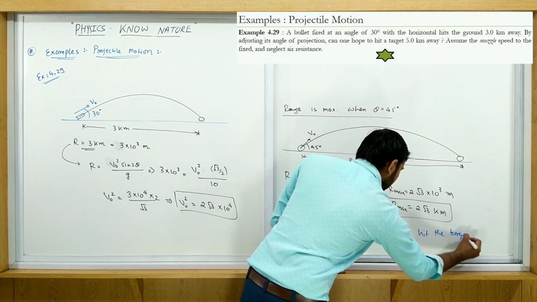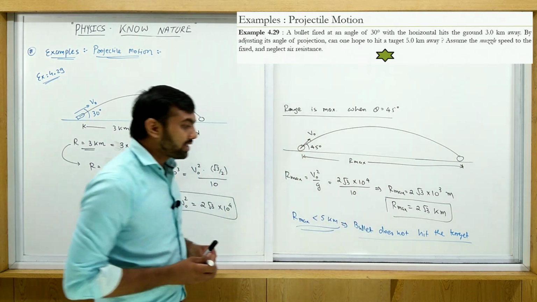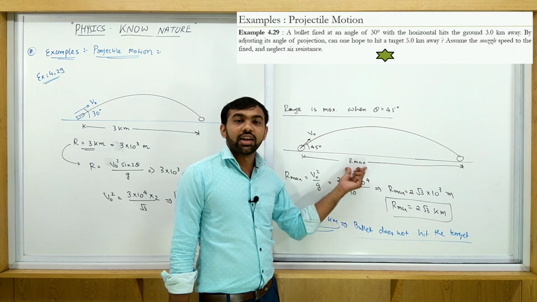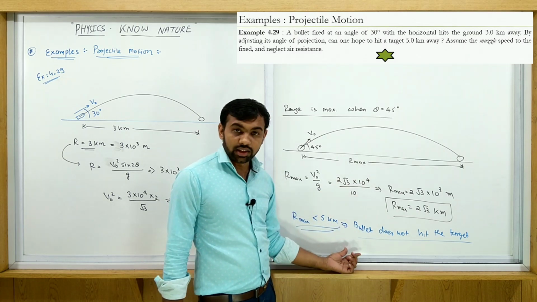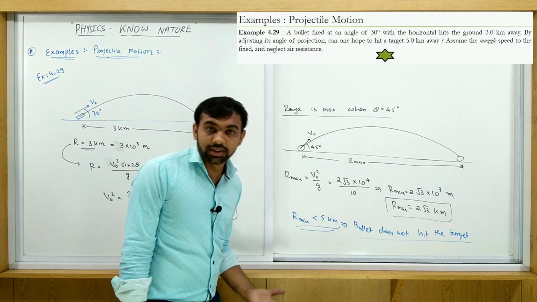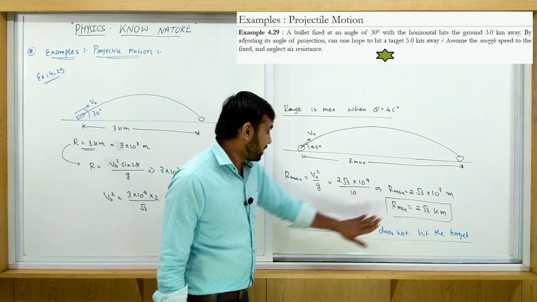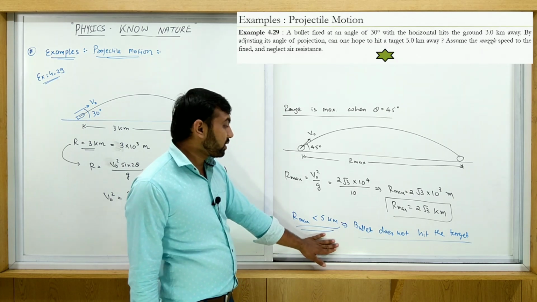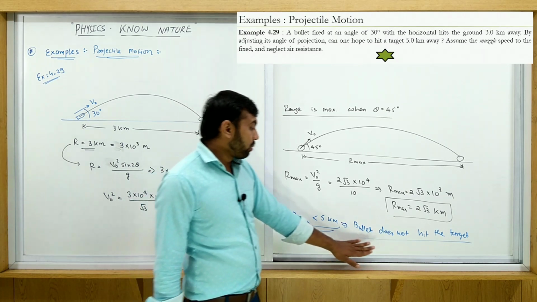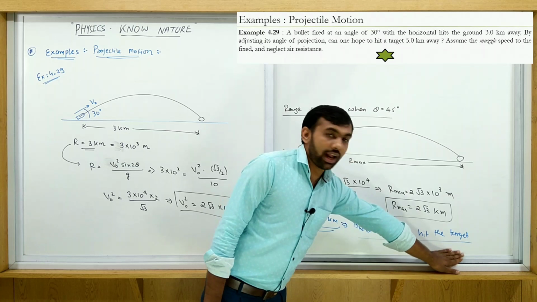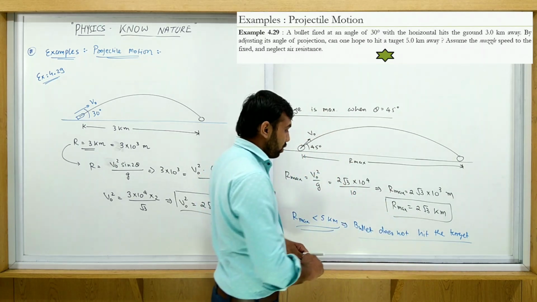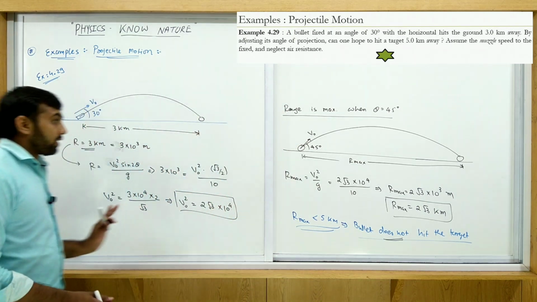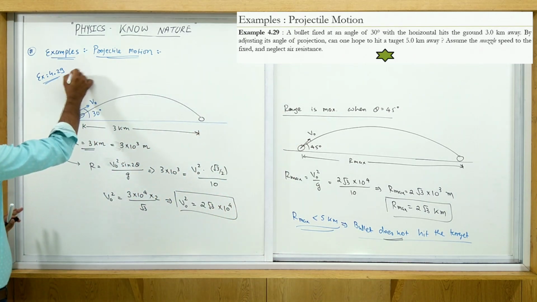क्योंकि बुलेट मैक्सिमम जितना डिस्टेंस कवर कर सकती है वो हमने काउंट कर लिया है। इससे ज़्यादा डिस्टेंस है टारगेट का तो फिर बुलेट उसको हिट नहीं कर सकती, और इससे कम है तो फिर बुलेट उसको हिट कर सकते हैं। तो 5 किलोमीटर तक वो बुलेट पहुँच नहीं सकती, इसलिए बुलेट does not hit the target. This is our answer. That is a special example. You just note this example and star this one.